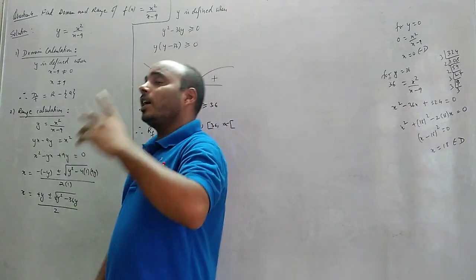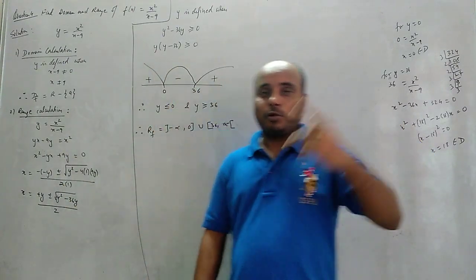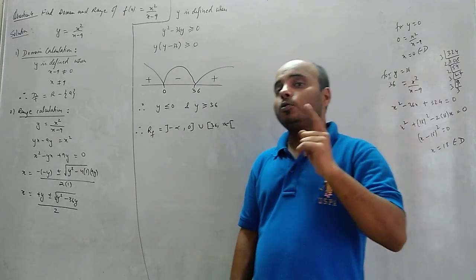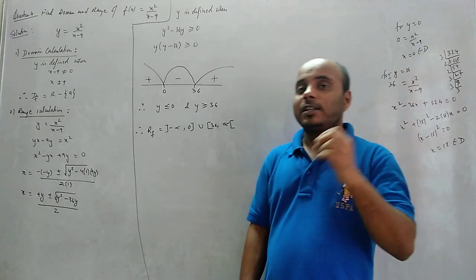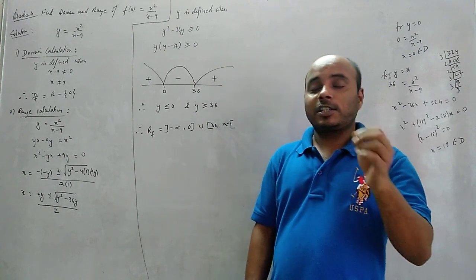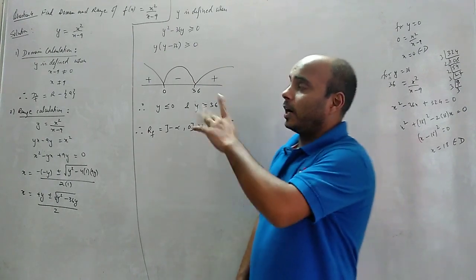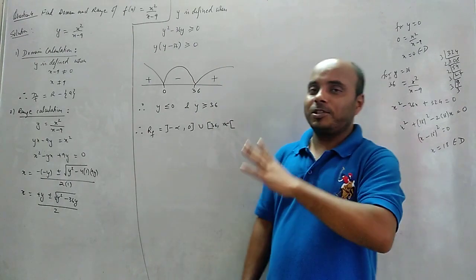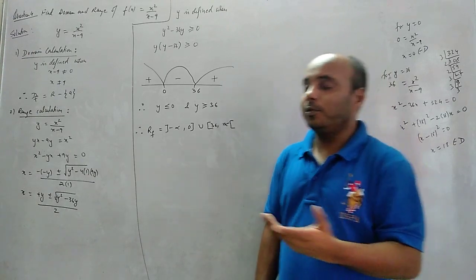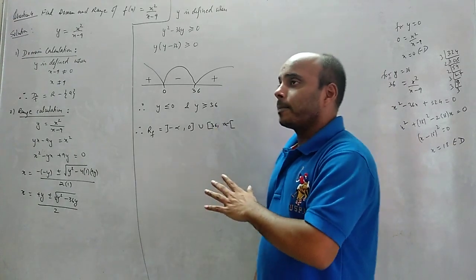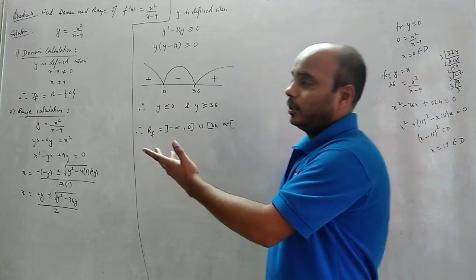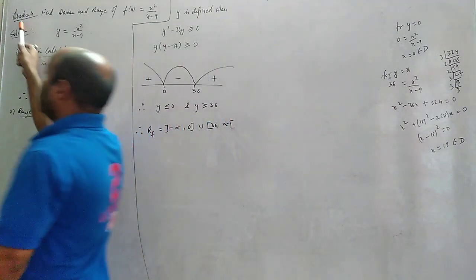In the last video I gave you two questions as homework, question number 3 and 4. Question 3 you will do on your own, and you will show me and cross check whether it's correct or wrong. The fourth part I'm doing on the board because it's a little bit different and you may get confused. A similar type of sum we'll do again in question number 5. So let's do question number 4.